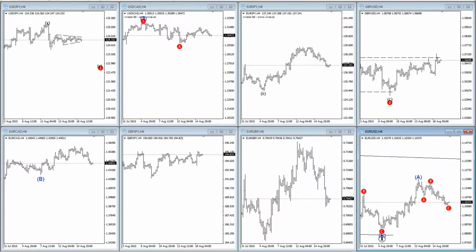Okay, today we have a couple of big news events from the United States, the CPI and FOMC, and these will definitely move the markets in the short term. And we can go straight to the first pair, which is